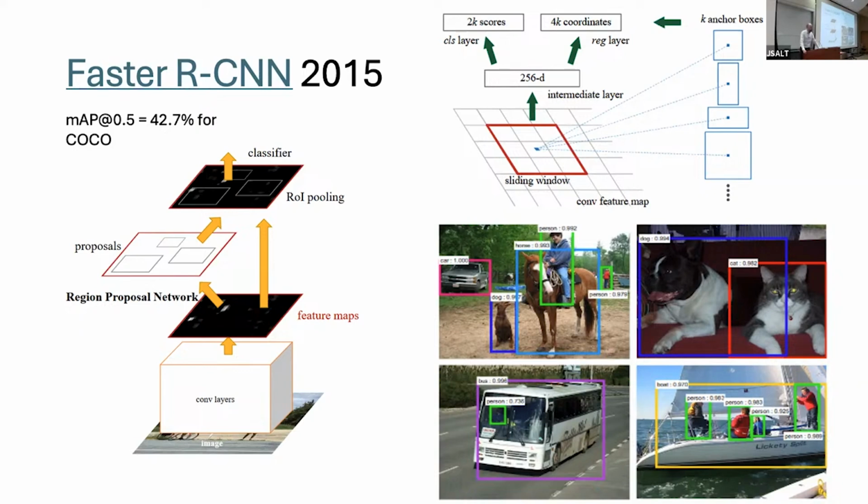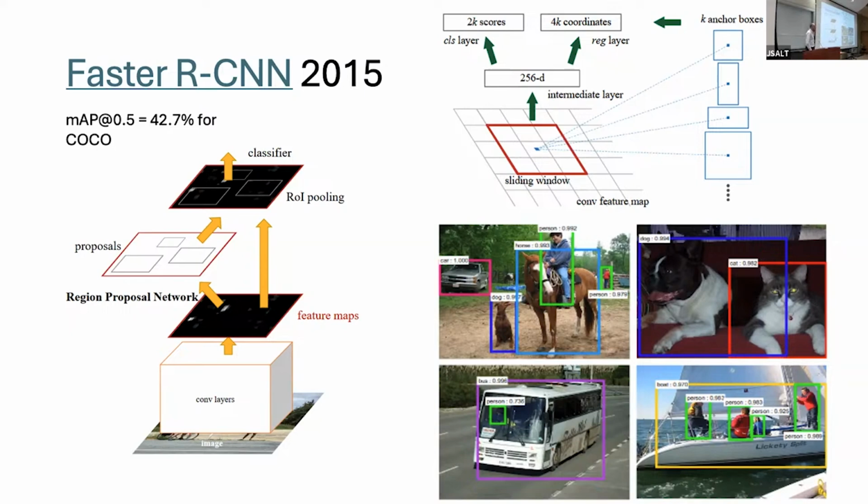So it's a binary classification system that just tells you, I think that there is something in this box, and then you send the box into your classifier. In the next images, you can see that on top of the feature maps, you have some sliding windows. Of course it's implemented as a convolution, and you take features from this and put them into your intermediate layer. That is a fully connected layer with, let's say, in the original work 256 dimensions, and then